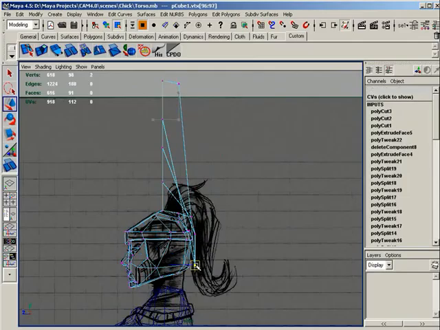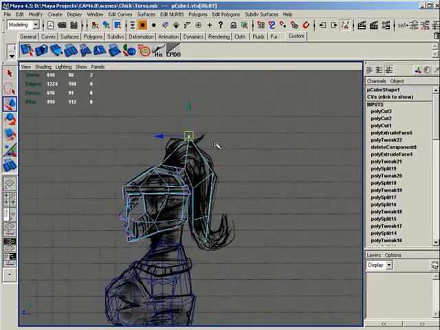So we'll pull this down to here. Really, all I'm doing is following the inner line of the ponytail. I'll pull out the next one, and now it starts to take shape. All right, and we have a very simplified ponytail, but that's exactly what we're going to need for running this